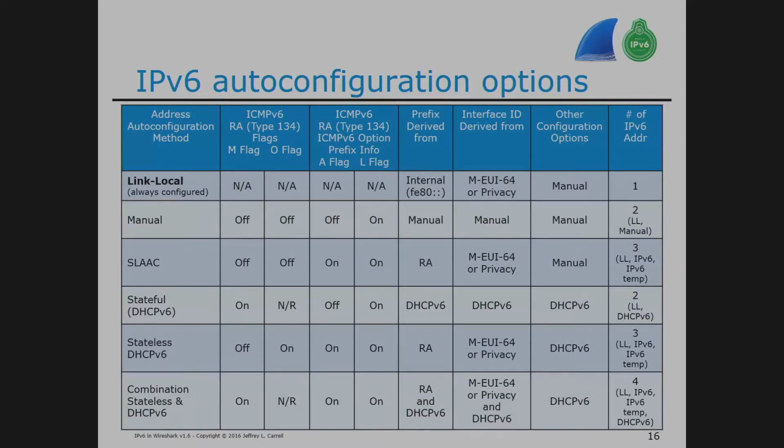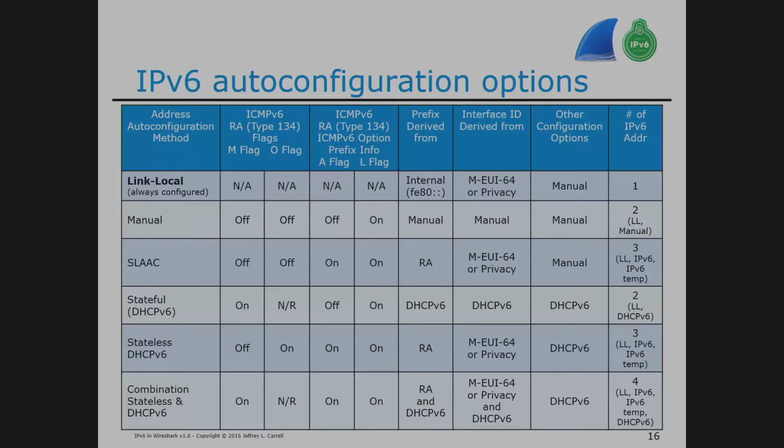What other flags were already on? The A flag and the L flag. L flag, leave it on. A flag, you actually want to turn it off. You don't want to give that client a network prefix and tell it to generate its interface IDs because you wanted the DHCPv6 server to work. Most router vendors don't tell you all that story. They just say, you want DHCPv6, turn the M flag.